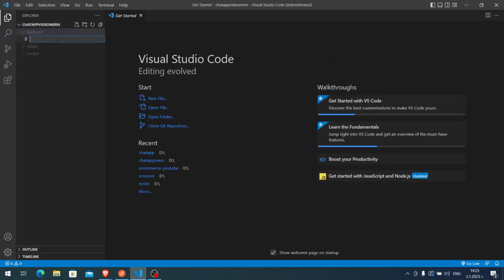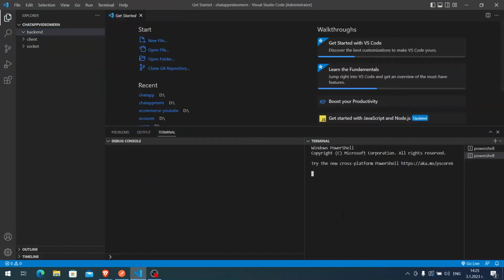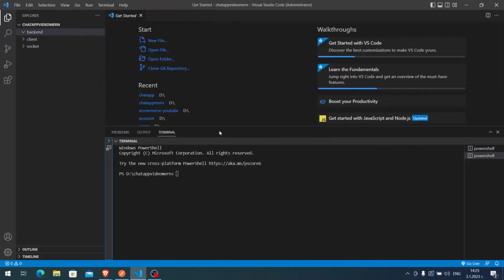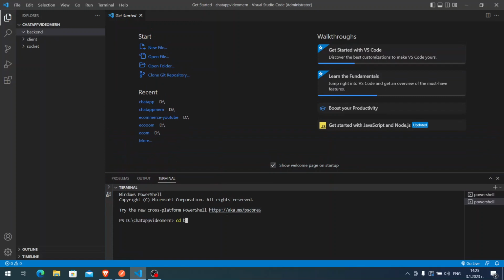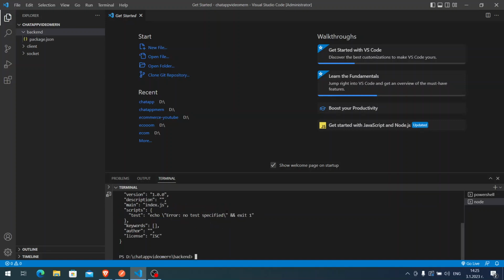So let's start. The first part that we should do is just to remove the debug console. Okay, then cd into our backend folder. After we are in our backend folder, let's type npm init -y, and we have initialized our application successfully. Then we are going to install a few dependencies, so type with me npm i bcrypt,